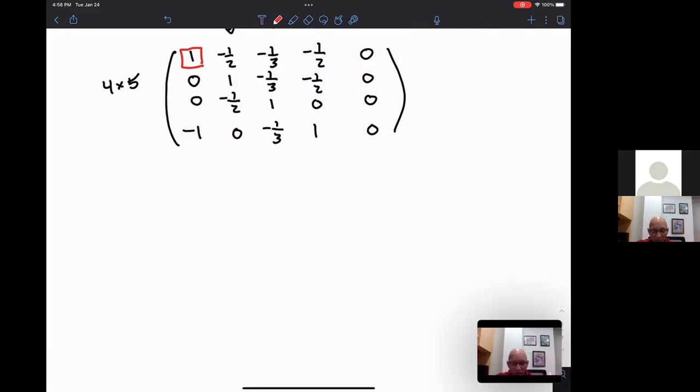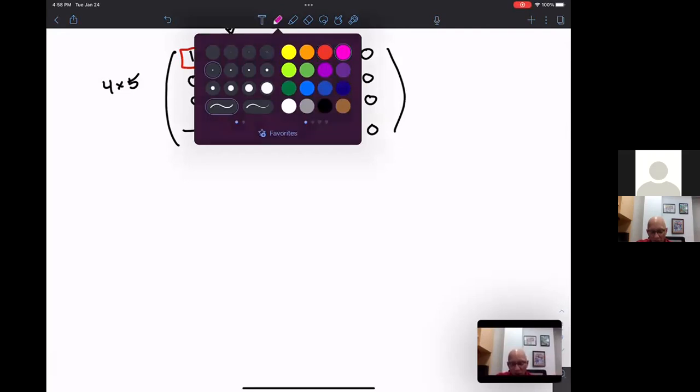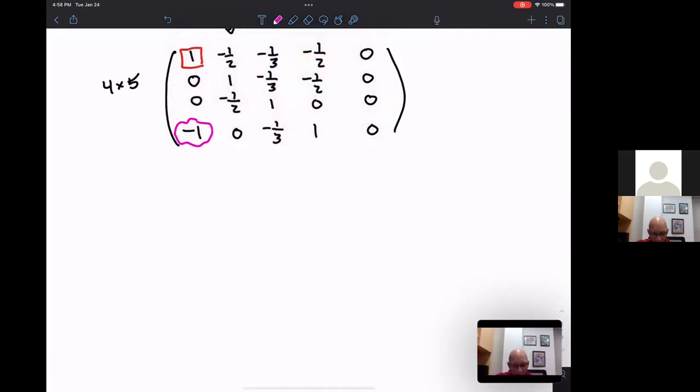You'll notice that a bunch of stuff is 0 already. The only thing that's not 0 is this -1. And it's already set up for me nicely that all I have to do is take row 1 and row 3, add them together and use that to replace row 3. That'll 0 out